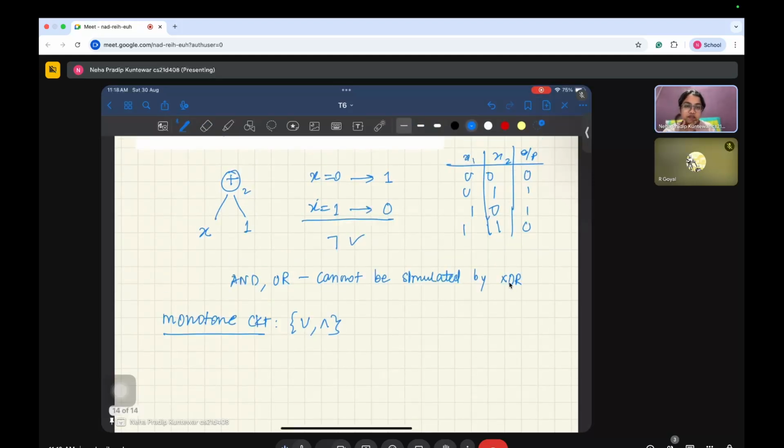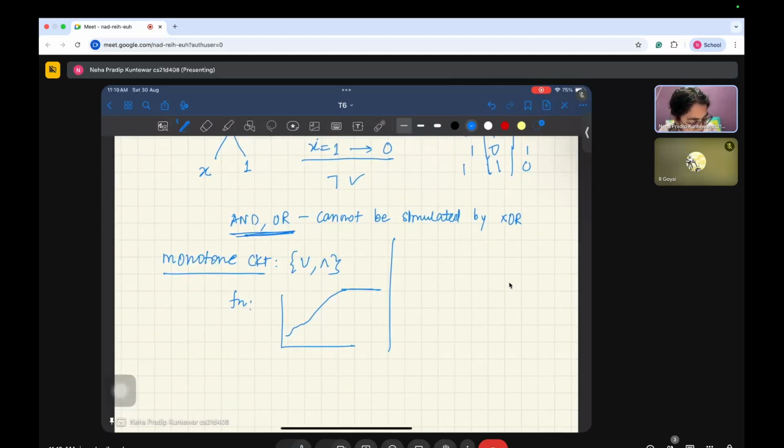Okay, it's simpler to define that in terms of function. So in terms of function, what it means is that at some point, if you started taking a value of 1, it cannot go down to 0 now. So it will keep going up, or it will stay at the same value, but there's no way that you can bring it down to 0. Maybe I didn't define it very properly, but I'll leave it for now. But the idea here is that parity,